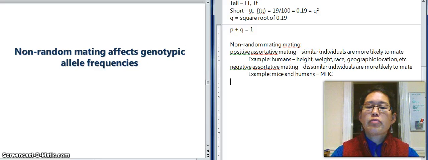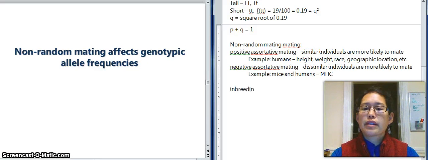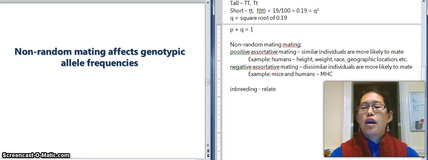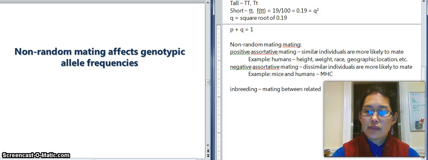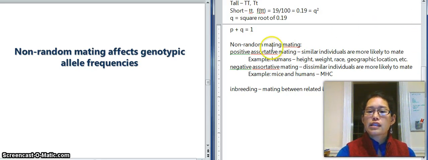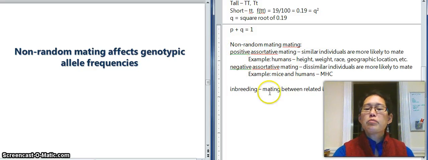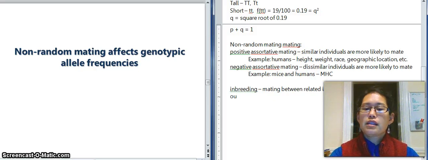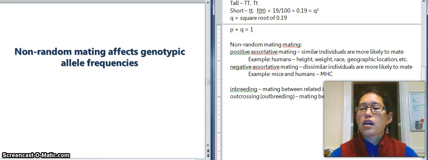A special case of positive assortative mating is inbreeding. Under inbreeding, mating between related individuals happens. And unlike these cases where just a specific subset of loci are affected, inbreeding affects the whole genome. The opposite of inbreeding is outcrossing. It can also be called outbreeding, and this is mating between unrelated